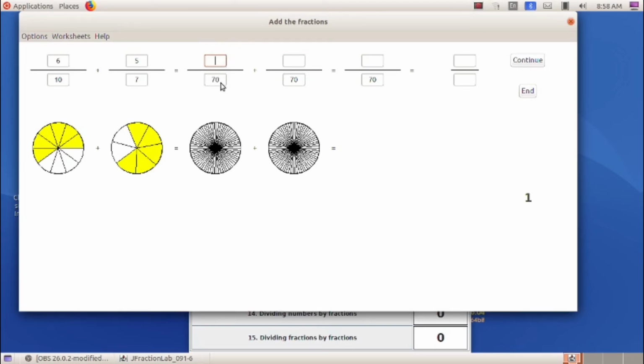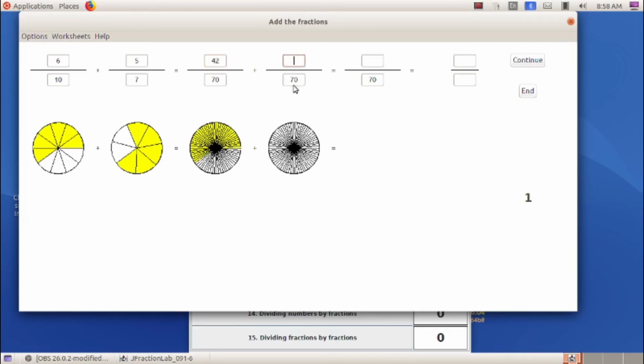In this denominator, LCM 70, how many times will this 10 go? Yes, 7 times. So 7 into this numerator value 6, that is 7 into 6, 42.